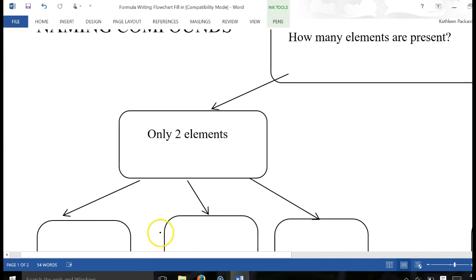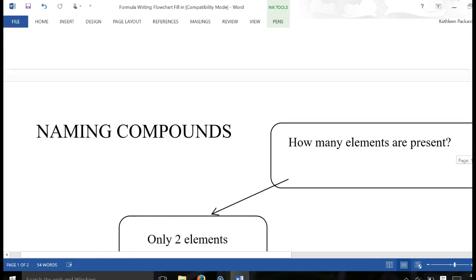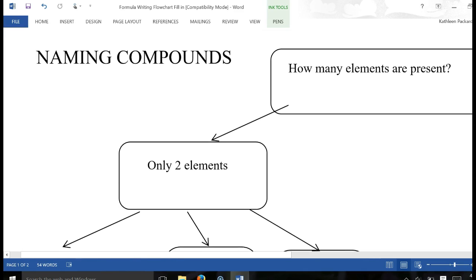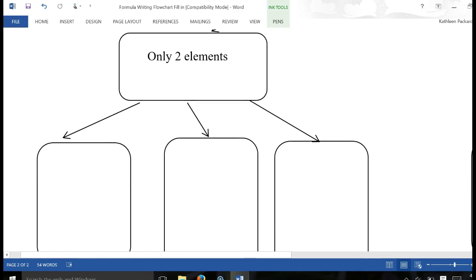Okay? So we're going to start simple. First question you ask yourself when you're trying to name them, how many elements are present? The way you know is you look at capital letters. Okay? If there are only 2 elements, what you want to do is you want to identify what is written first. If H is first, means